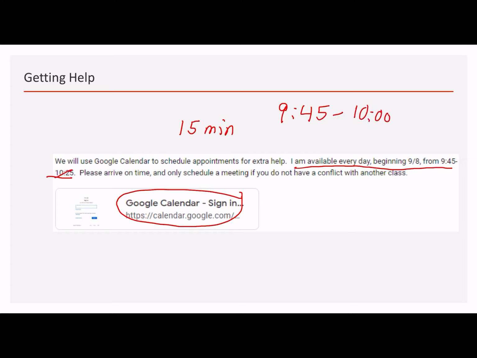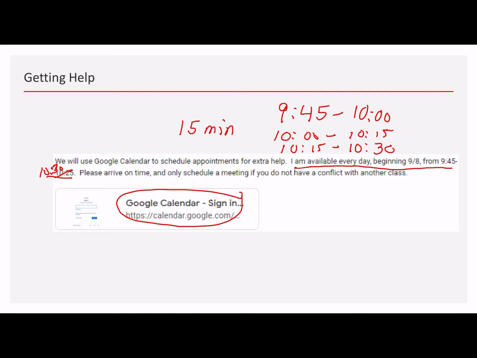Actually, this should say 10:30, not 10:25. And then it goes 10 o'clock to 10:15, and then 10:15 to 10:30. So when you go to the calendar, it'll ask you to pick one of those 3 appointment slots. Hopefully there will be room for everyone who wants one.